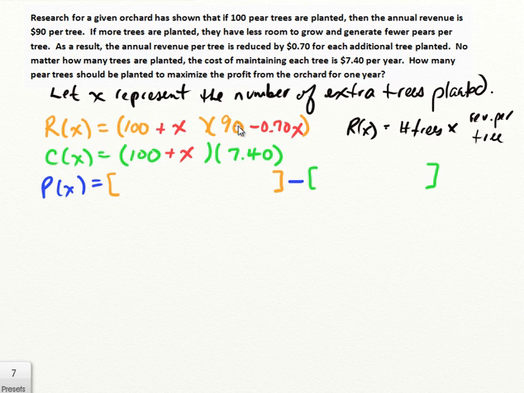so this binomial times this binomial, and you can do this on your own, and you can check that you get the same answers. But if we expand it out and organize them in order of their degree, we get negative 0.70x squared plus 20x plus 9,000. If we do the same for the cost equation, we get